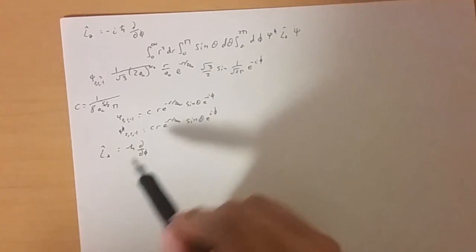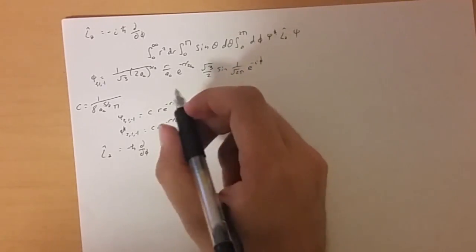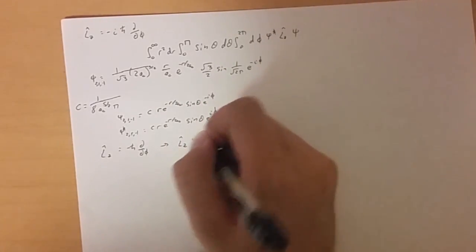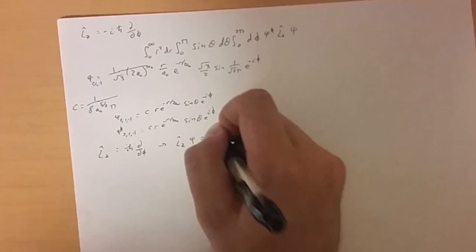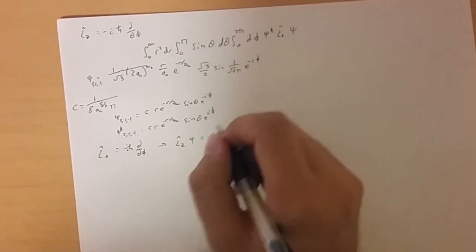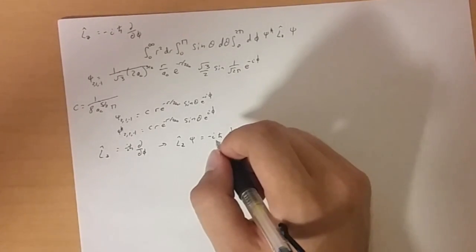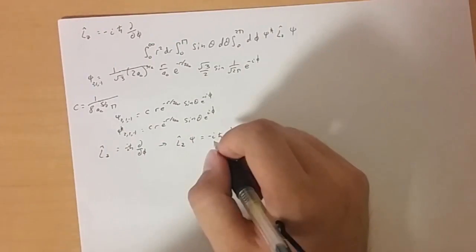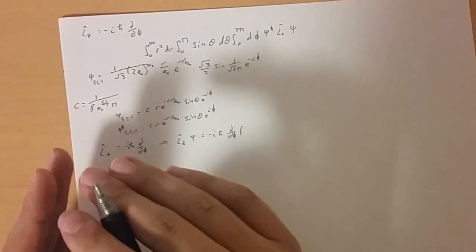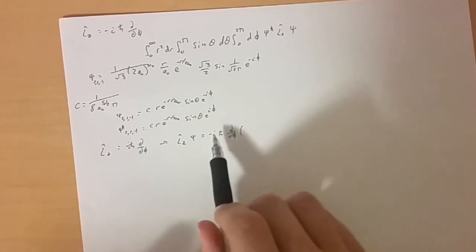And since we're operating on the wave function, this times this of the wave function is going to be negative i h bar of, and then we've got a bunch of constants that are going to factor out,